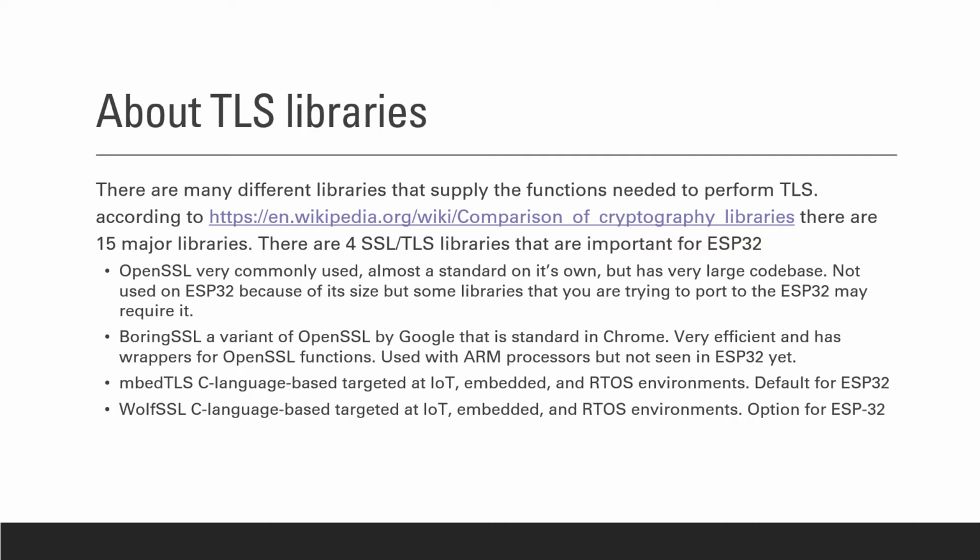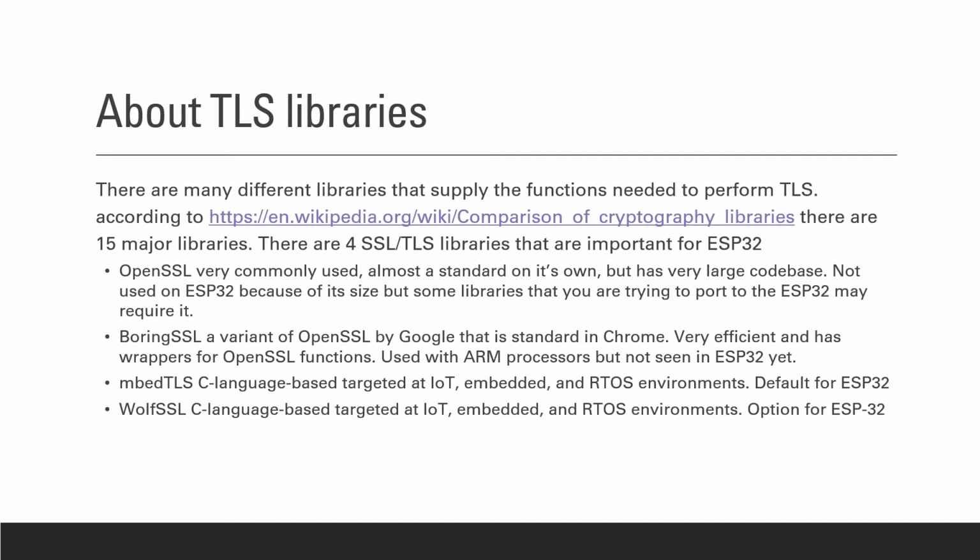But the code base of OpenSSL is very heavy. It's a lot of lines of code. And we don't have that big a processor here. So we'll get into that. The ESP32 and Espressif have made a wrapper to allow OpenSSL calls, but we'll get into that a little bit